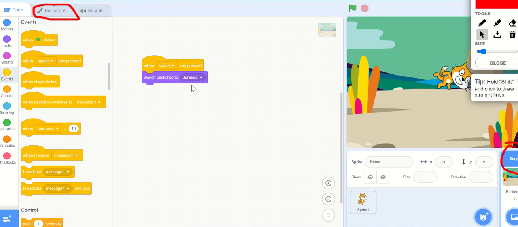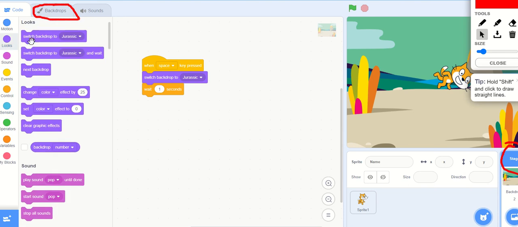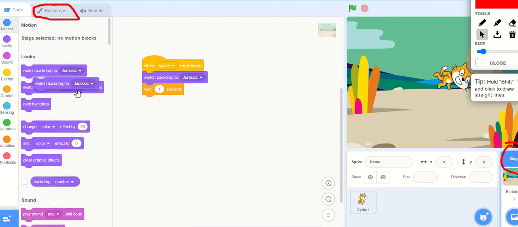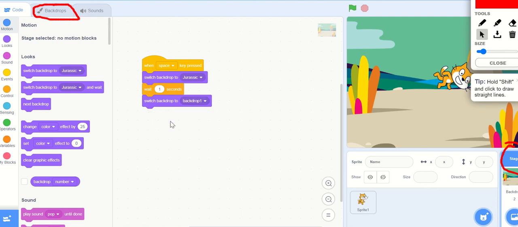I have this Jurassic backdrop, and if I want to change it after some time, I introduce a wait instruction here, and then again move back to the switch backdrop instruction. This time I want a new backdrop 1, a simple backdrop.